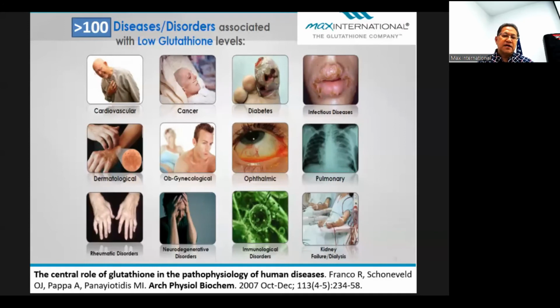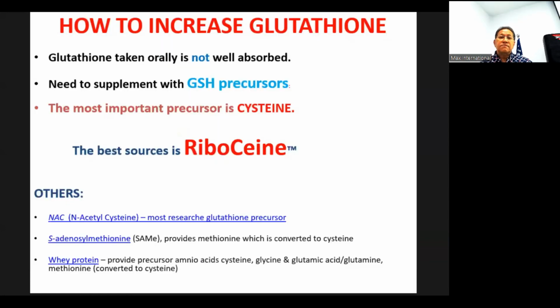Okay, so knowing that glutathione is so important, right? And tonight's topic is detox, but we also know it's important for many other functions, and that after age 20, it declines quite fast, and by the time you are 40 already, you are 20 to 30% deficit. So